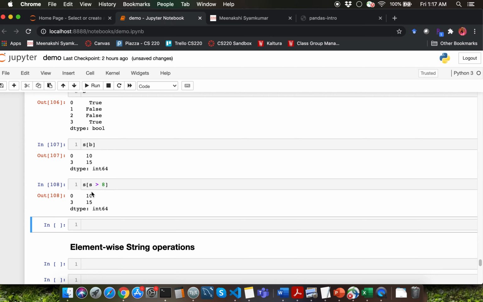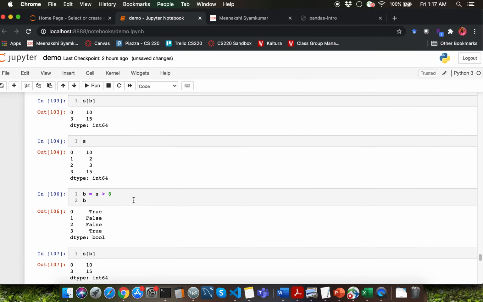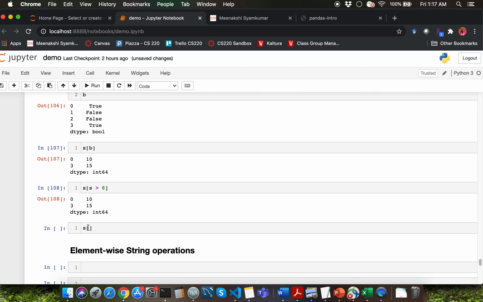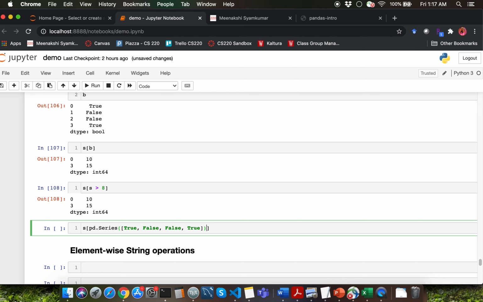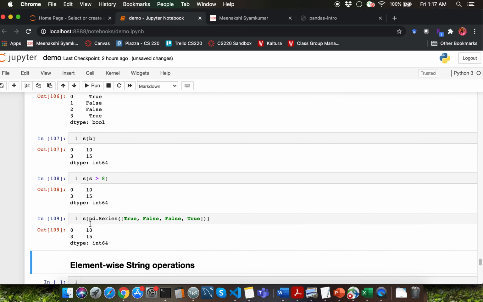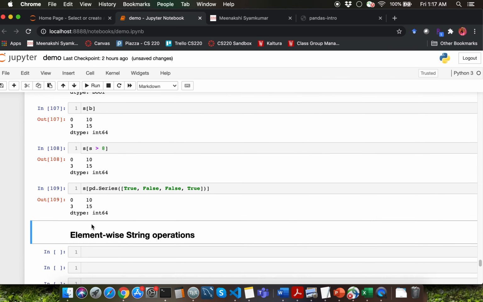Recall that you can mention complicated expressions within the square bracket of a pandas series. This is kind of an equivalent of saying we are creating this Boolean series inside the lookup square bracket over here. Both of these are going to give the same result for you.